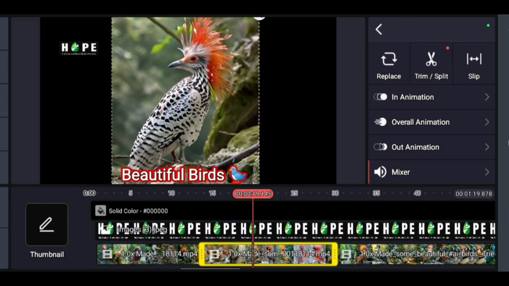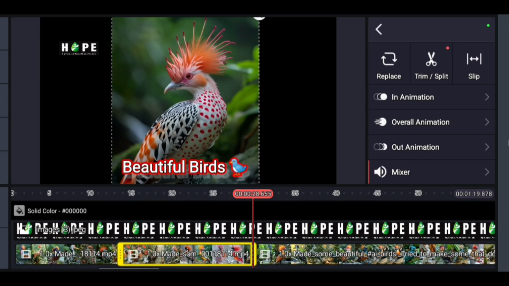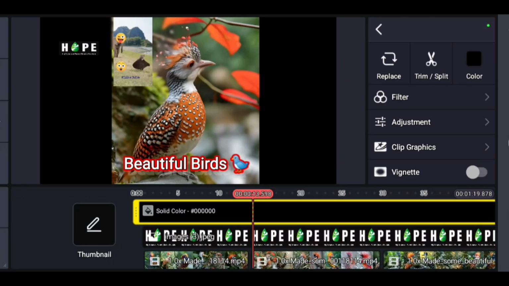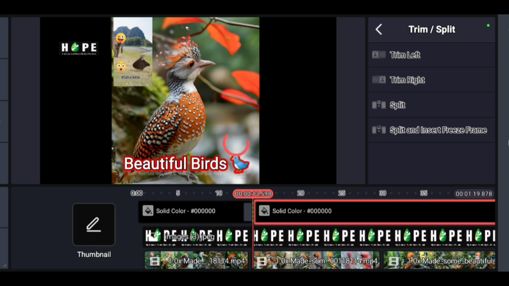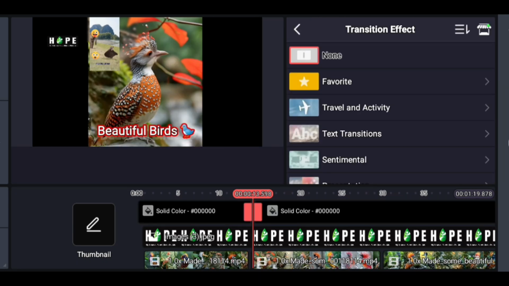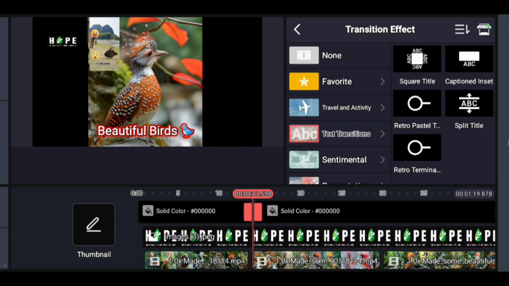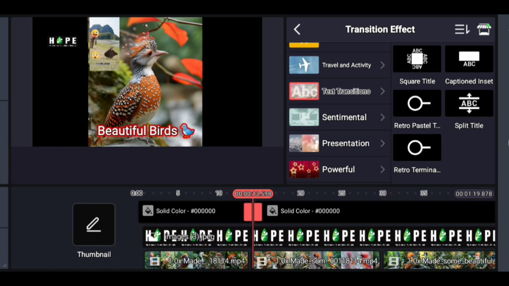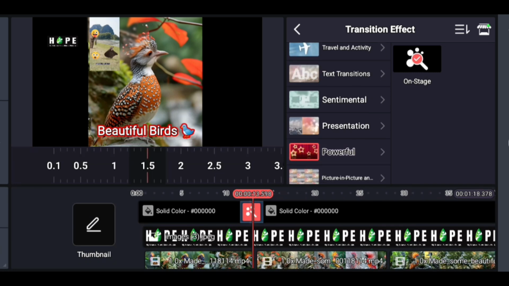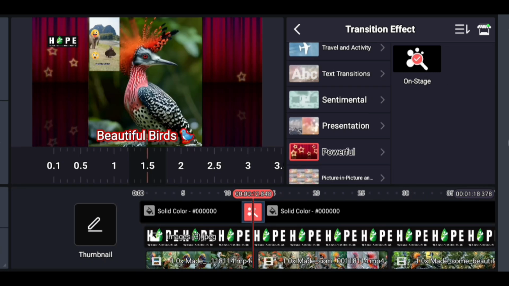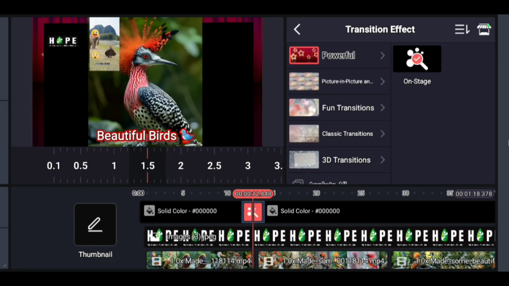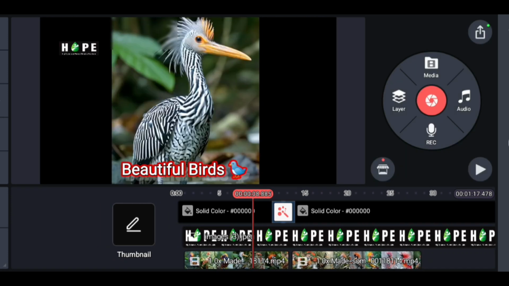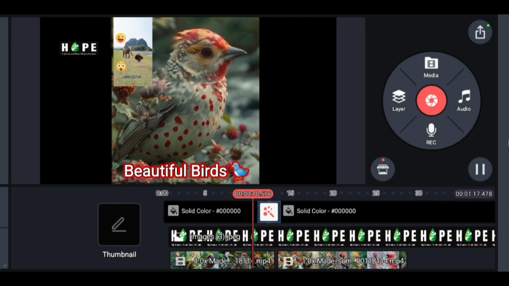And there are some other animations as well. For example, I just want to split this background from here, and I just want to add some animation from here, like this one. So you can see here a lot of transitions. I can add some beautiful transition, for example this one. And you can also increase its length of appearance. So now if I play this video again, so you will see this